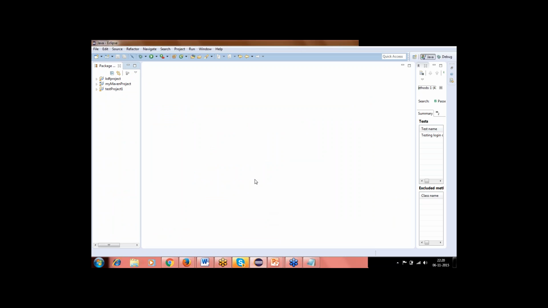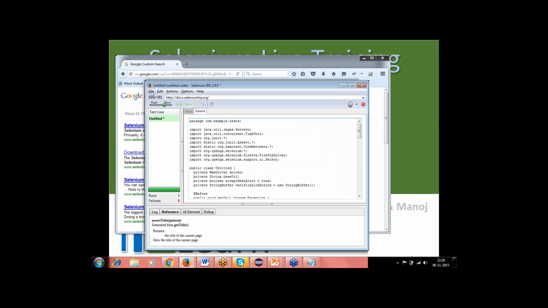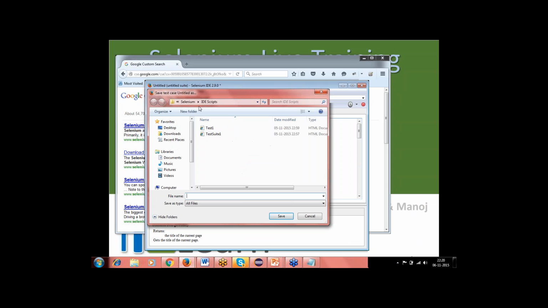Okay, so having said that, let's convert that script. We have seen the format it produces. This is a Java WebDriver format. You can also export this test case in that format, Java JUnit WebDriver format, and save it in some location. Right now I'm saving it as